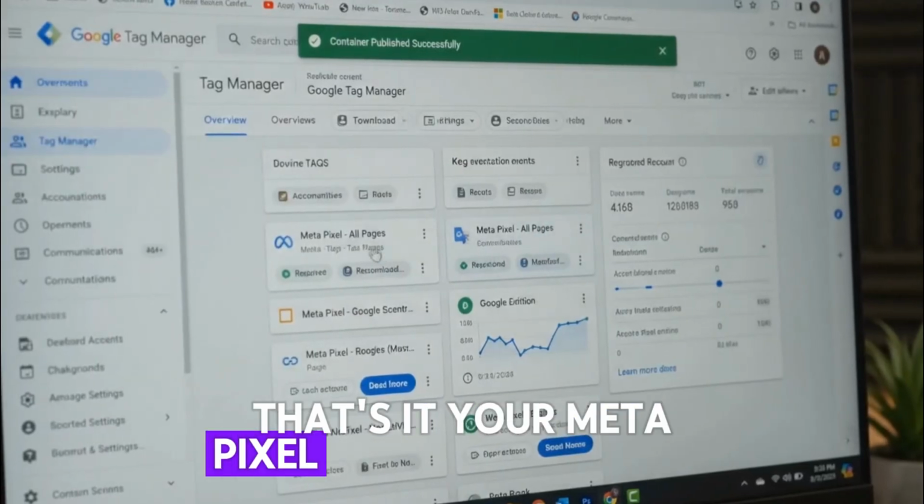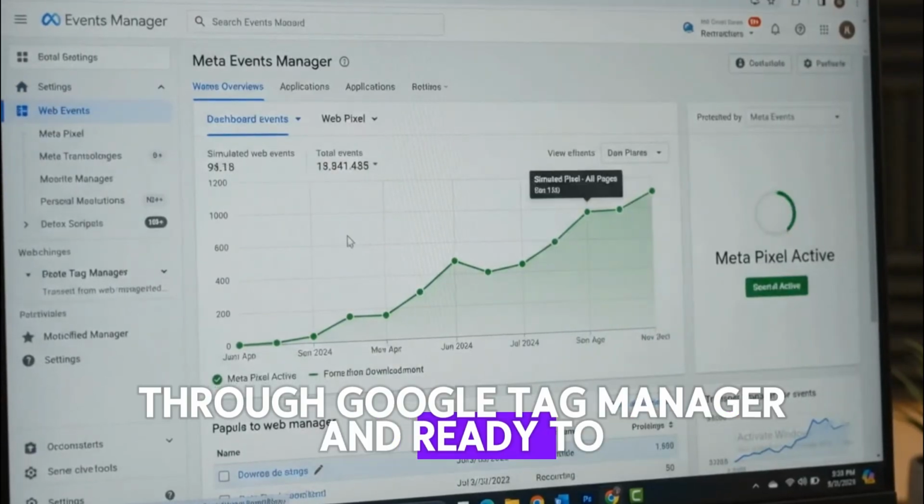That's it! Your Meta Pixel is now connected through Google Tag Manager and ready to help you measure your Facebook